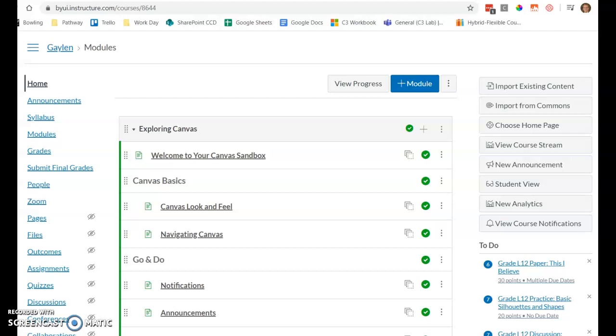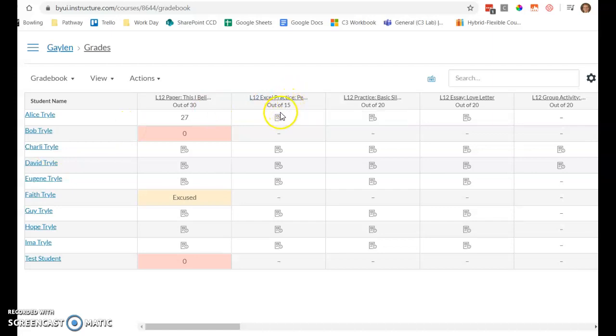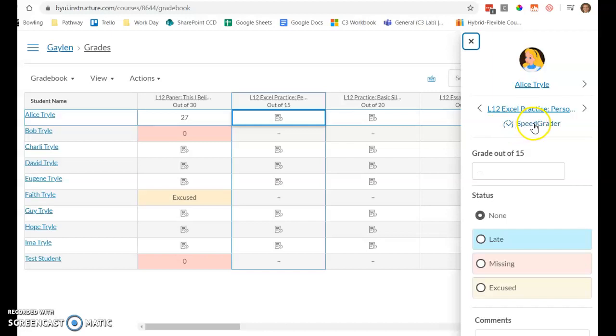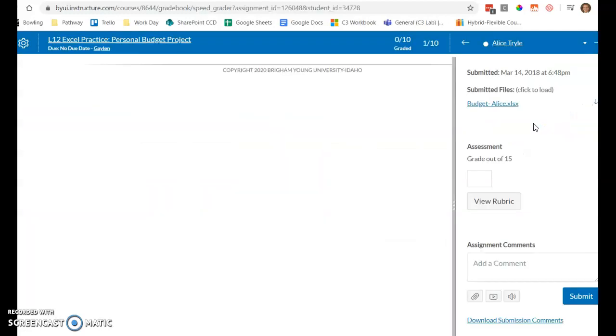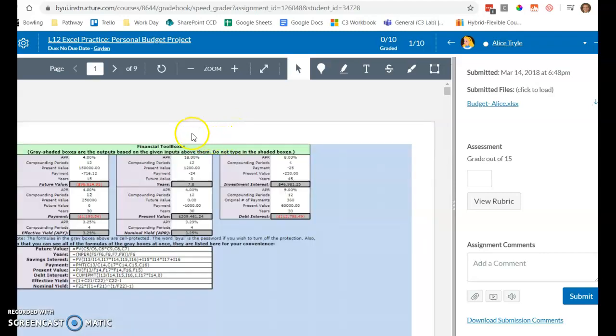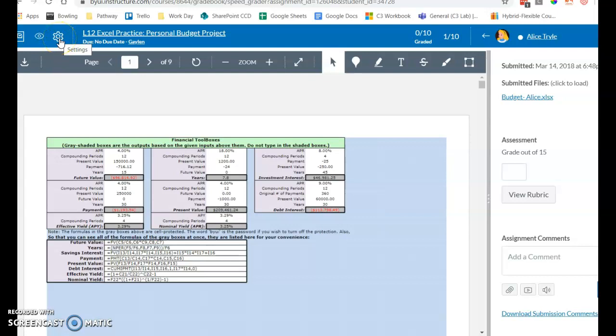To grade in order of submission status, you need to go into Grades, and you'll need to get into the SpeedGrader. Once you're in the SpeedGrader, you'll want to go to the Settings icon here and look under Options,